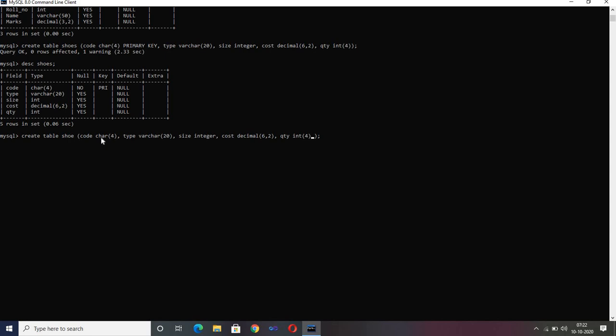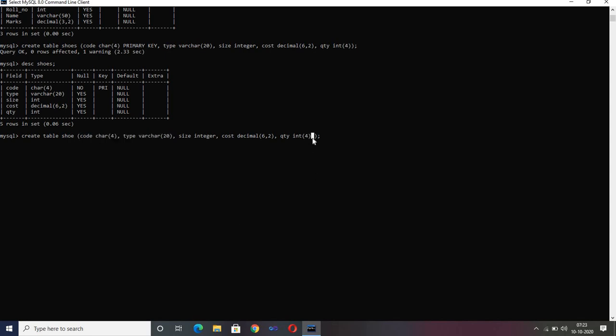We cannot have two different primary keys, but we can have a combination, right? हमारे पास दो कॉलम्स को हम कंबाइन करके एक प्राइमरी की क्रिएट कर सकते हैं, हम दो प्राइमरी की क्रिएट नहीं कर सकते. So for that let's say code char is my primary key and another will be the type. Okay, so I want the combination of these two columns as my primary key.